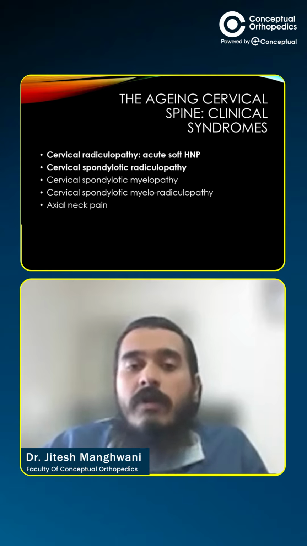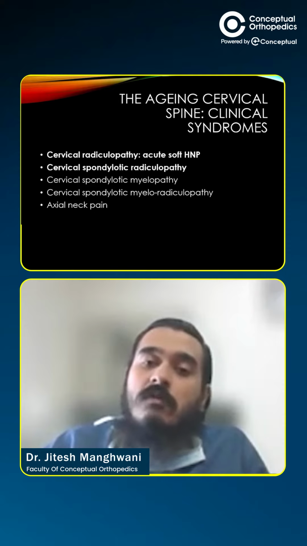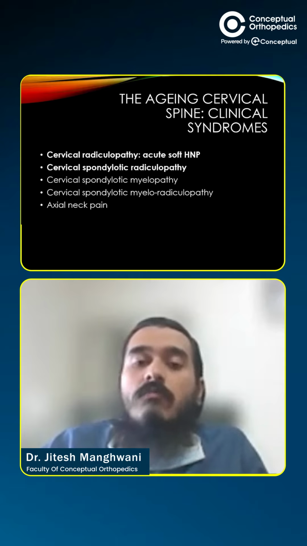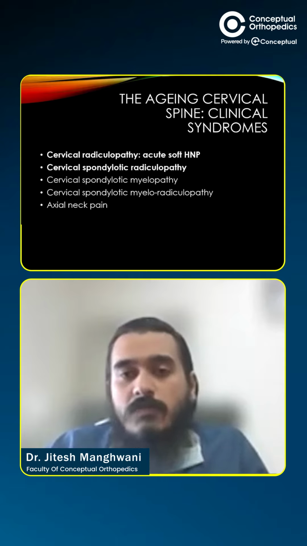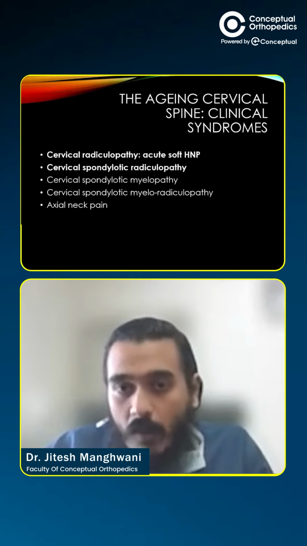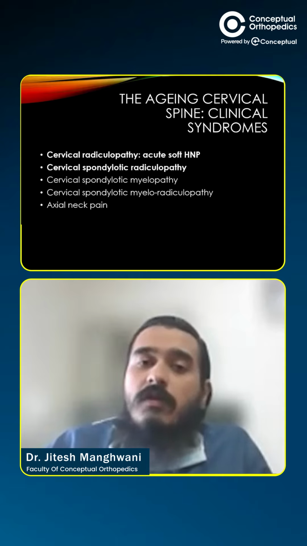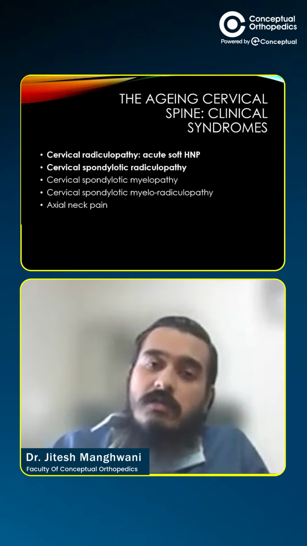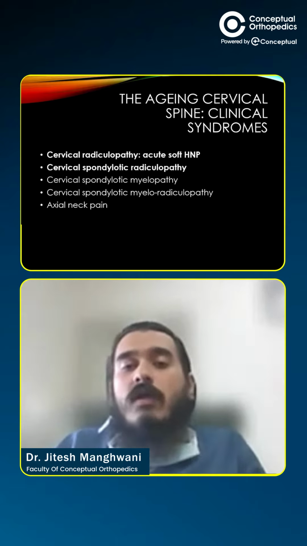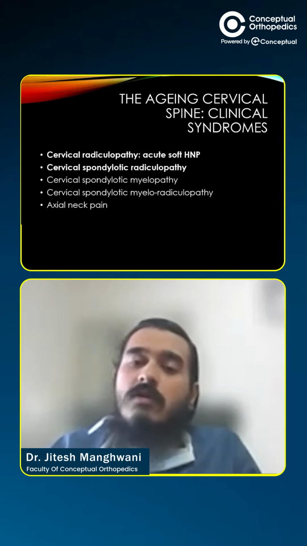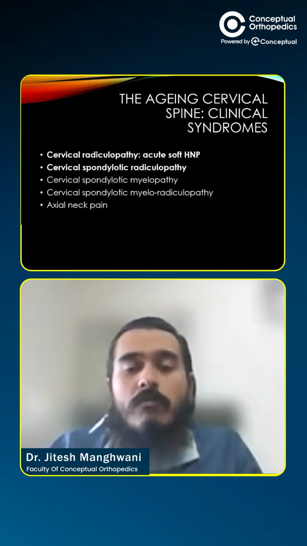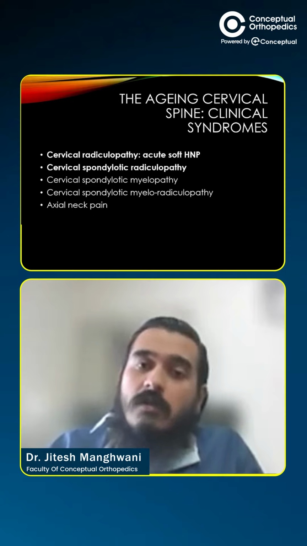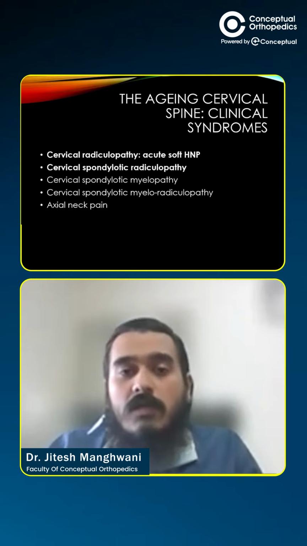And candidates do get confused when terms like radiculopathy and myeloradiculopathy come in because they don't understand the difference between these pathologies. So cervical radiculopathy in itself is a radiculopathy that occurs secondary to a herniated disc. Whereas when we talk about cervical spondylotic radiculopathy, that means it may not be because of a soft herniated disc, but it may be because of some degenerative process like even an osteophyte or a disc osteophyte complex can cause